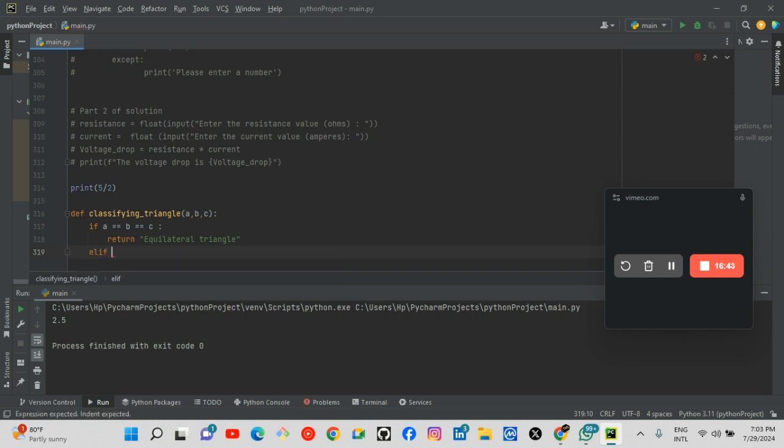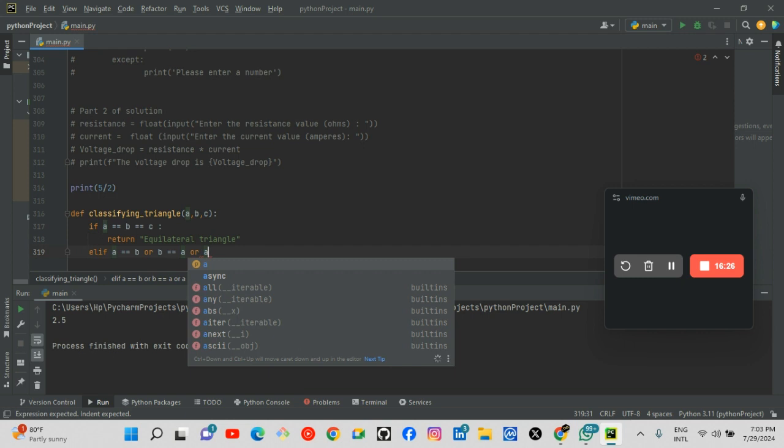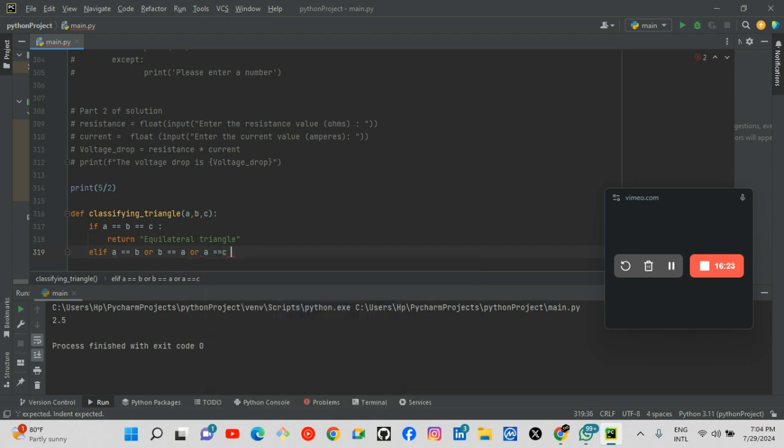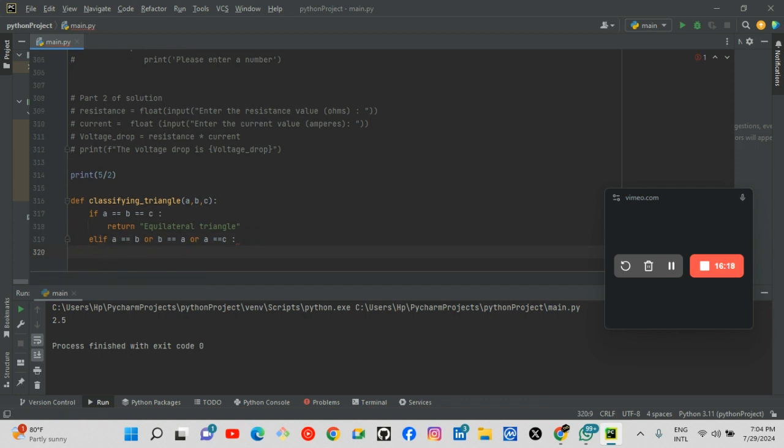So elif A is equal to B or B is equal to C or A is equal to C. What I'm trying to say here is that if any of these sides are equal to each other, you should return isosceles triangle.